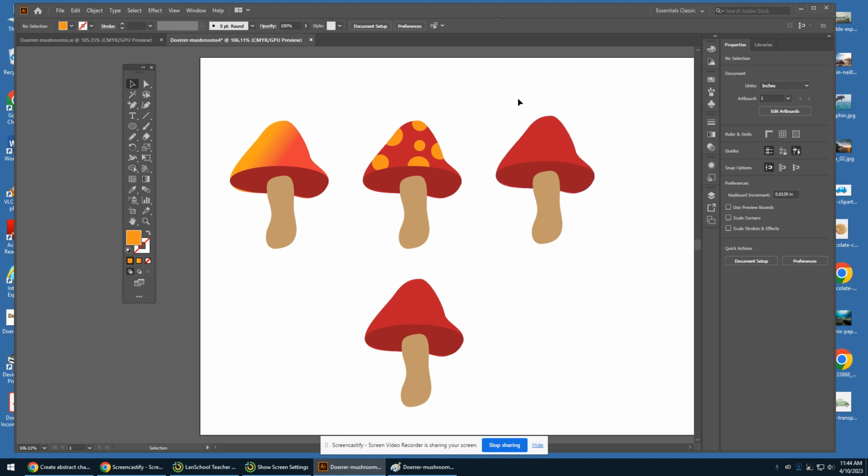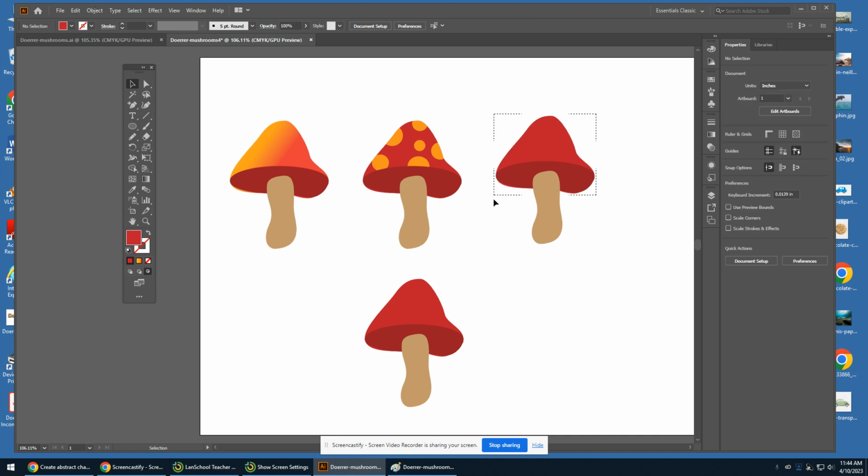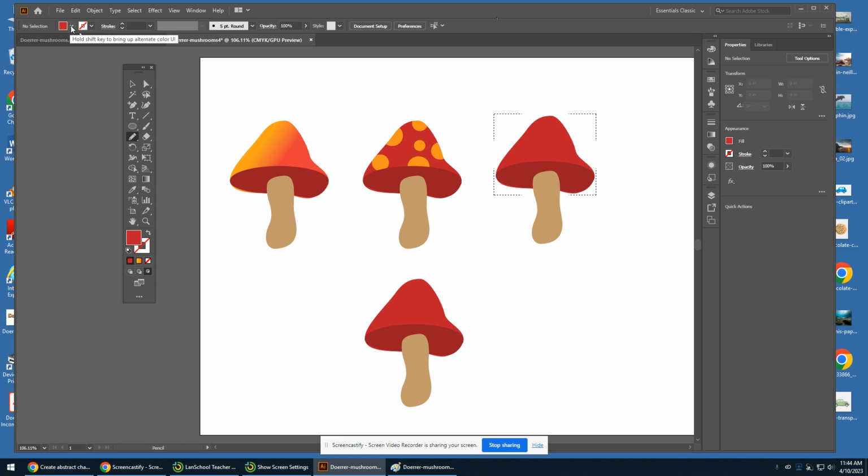All right, I'm going to do that again. So on my next mushroom, once again, I'm going to select it with my black arrow. I'm going to go to the bottom of the tool palette and click on the third button, Draw Inside. All right, look for that dotted bounding box that tells you you're only drawing inside. All right, I did dots, and now I'm going to do sort of some stripes, and they're just going to be real organic. I'm going to get the pencil tool,